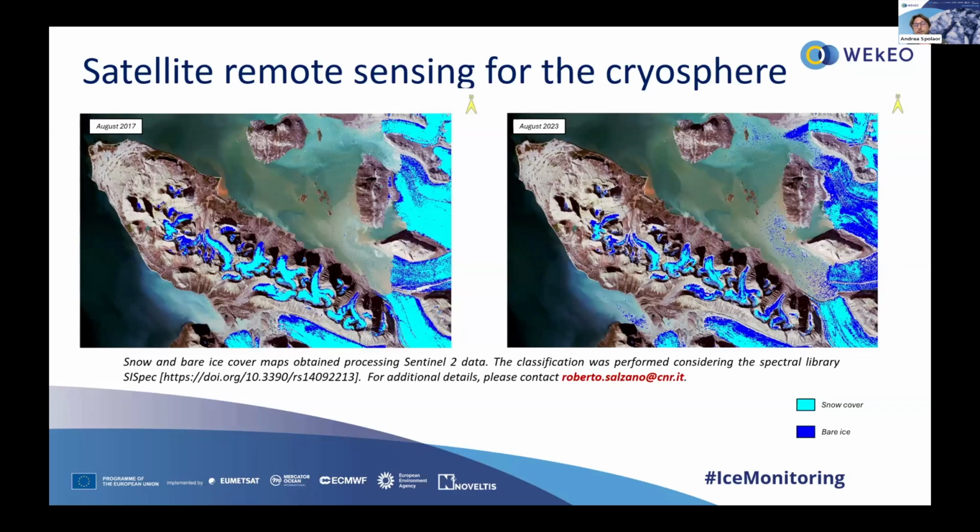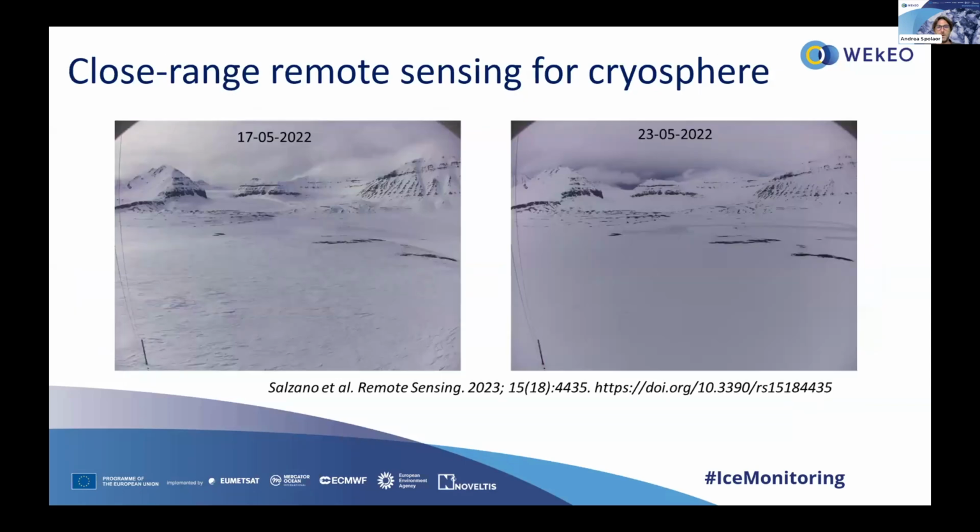So this gives important information when we interpret the results that we have from the ice core climate archive. As well, we also have close range remote sensing, essentially the camera. This is important when the satellite is cloud covered, for example, and it gives an idea about how the snow changes after a specific event. And also this is very important because we are able to identify when a specific event like a heat wave approaches